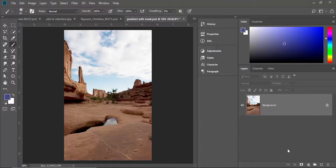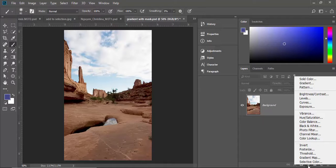One of the adjustment layers I like to use is vibrance. I use it a lot to bring out more color and just to make the image a little bit richer when we look at it. And adjustment layers are non-destructive. So on our layers panel, we have all these adjustment layers, and I'm going to